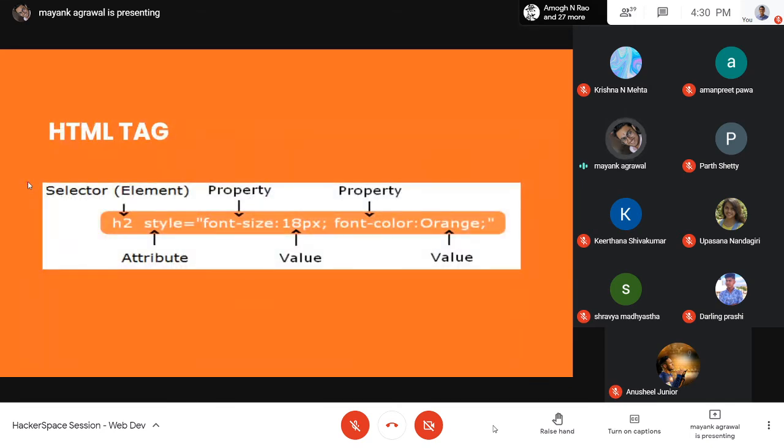Tags are hidden keywords within a web page that define how your web browser must format and display the content. What this means is that there are several tags in HTML. For example, there's the heading tag, this H2 over here is a heading tag. I'll be talking about these later as well. There are many others like body, HTML, head, title.